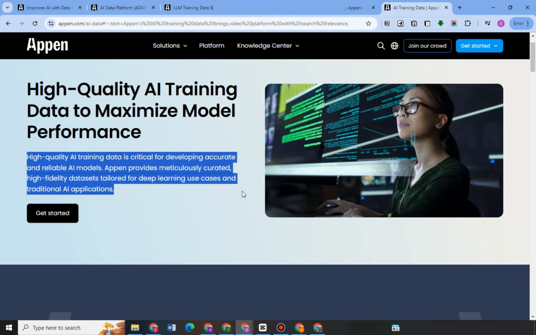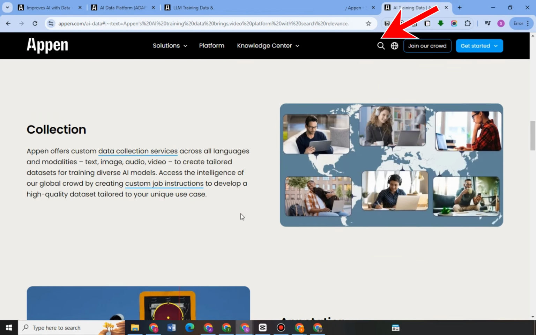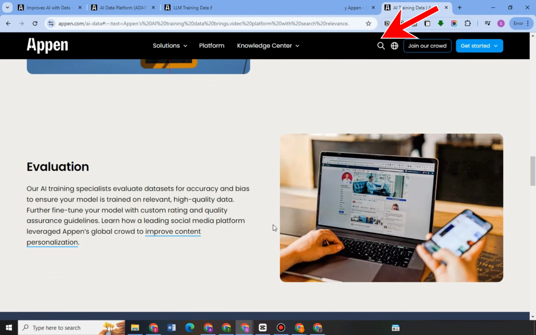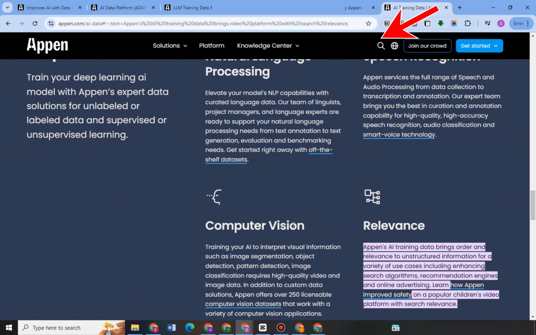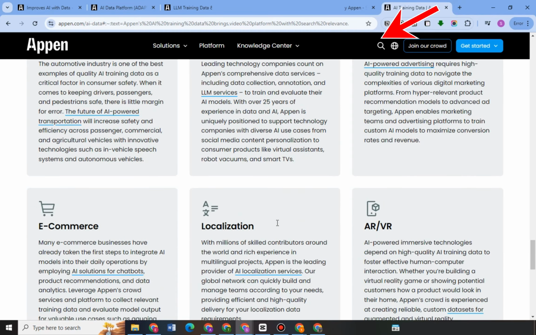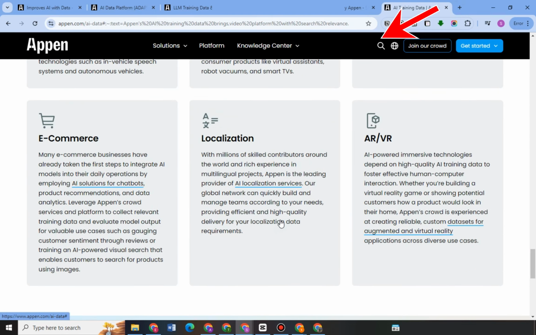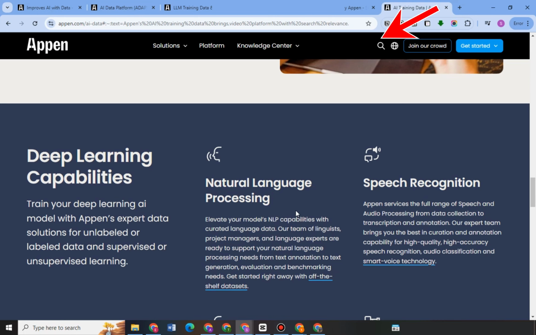Why does Appen offer this training? These AI training experts at Appen play a crucial role in developing and improving machine learning models by working on tasks that involve data labeling, annotation, and validation. Their job is to train AI systems by feeding them high quality, annotated data so that these models can make accurate classifications and decisions. In short, these trainings will help you to be better at your